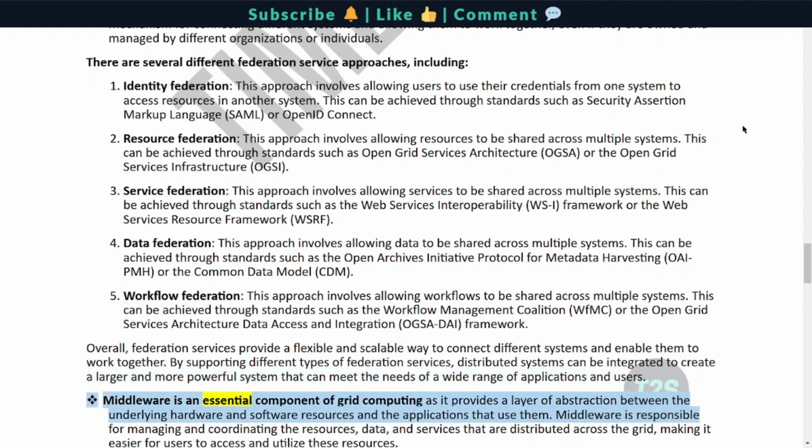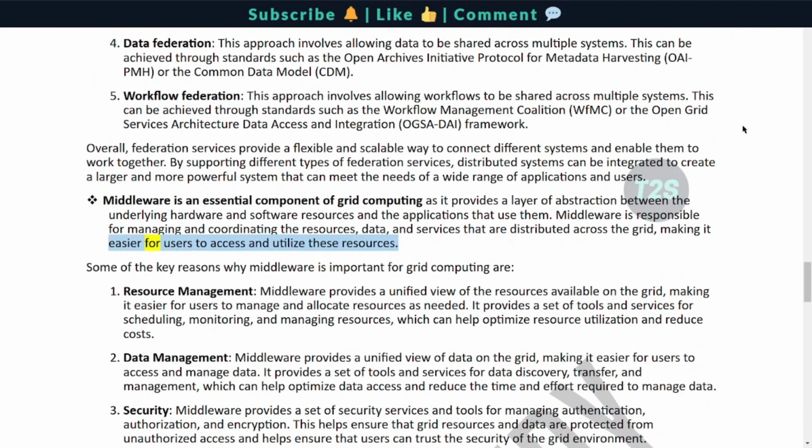Middleware is an essential component of grid computing as it provides a layer of abstraction between the underlying hardware and software resources and the applications that use them. Middleware is responsible for managing and coordinating the resources, data, and services that are distributed across the grid, making it easier for users to access and utilize these resources. Some of the key reasons why middleware is important for grid computing are: